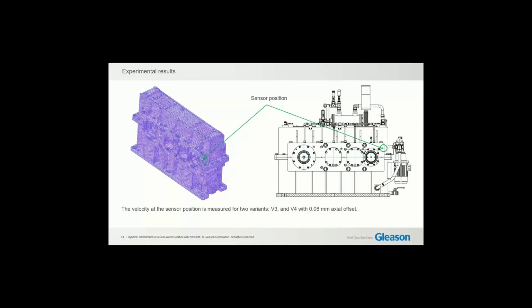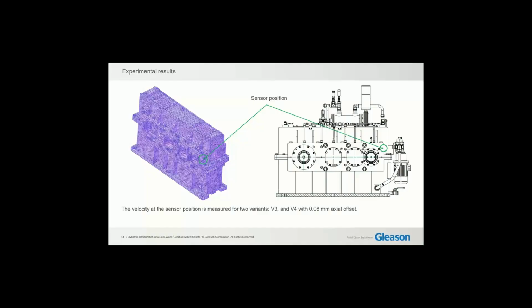So now we come to the most important part, the experimental results. We received some results from our customer, but here I show only one certain part because this can be done for other points. Here on the left side, you see that the sensor position is marked, and on the 2D view, the sensor position was placed here. I show with my mouse, and then the goal is that when we build this model based on variant V4,